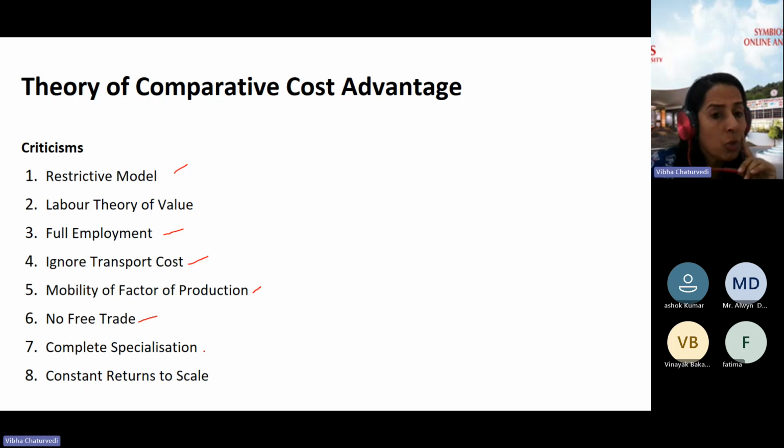Complete specialization. No country completely specializes in the production of one commodity. Mostly countries are producing a lot of commodities, but they do focus on the production of that commodity in which they have a comparative cost advantage. But complete specialization, as the table shows here, does not exist, because you may be at a real disadvantage with complete specialization. For example, if the US decides completely not to produce agricultural commodities, it may be at an absolute disadvantage,